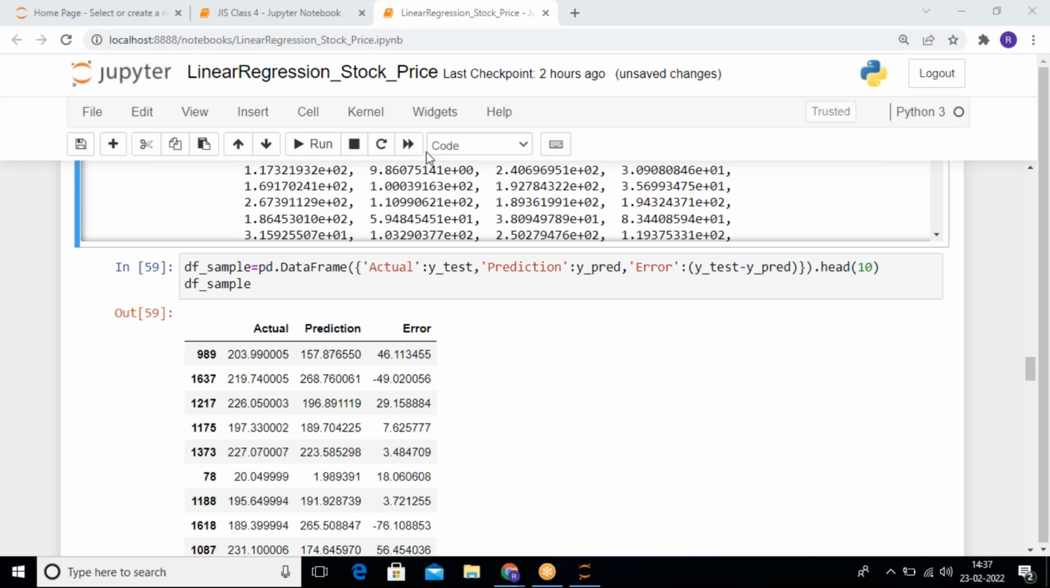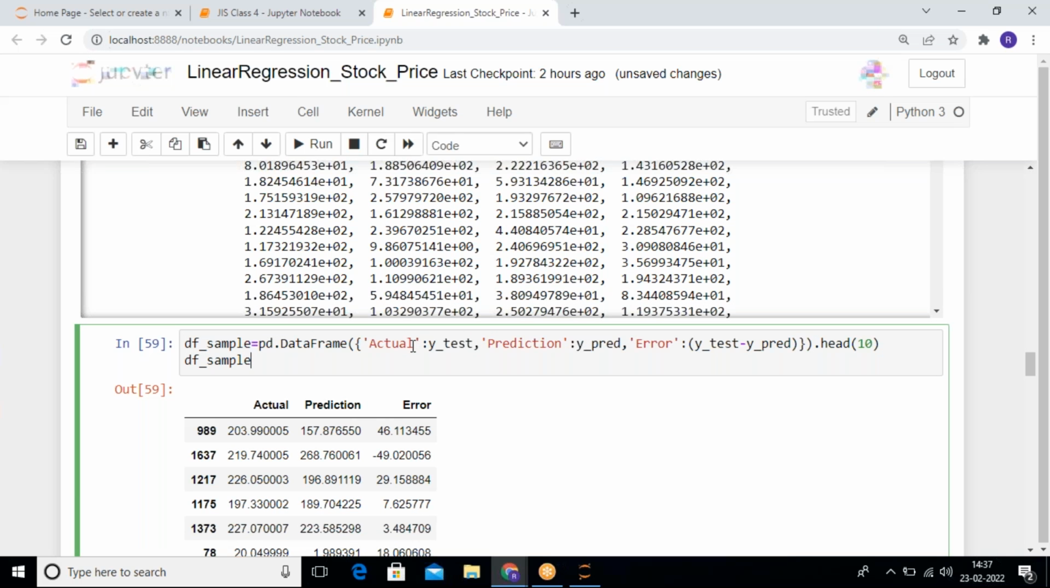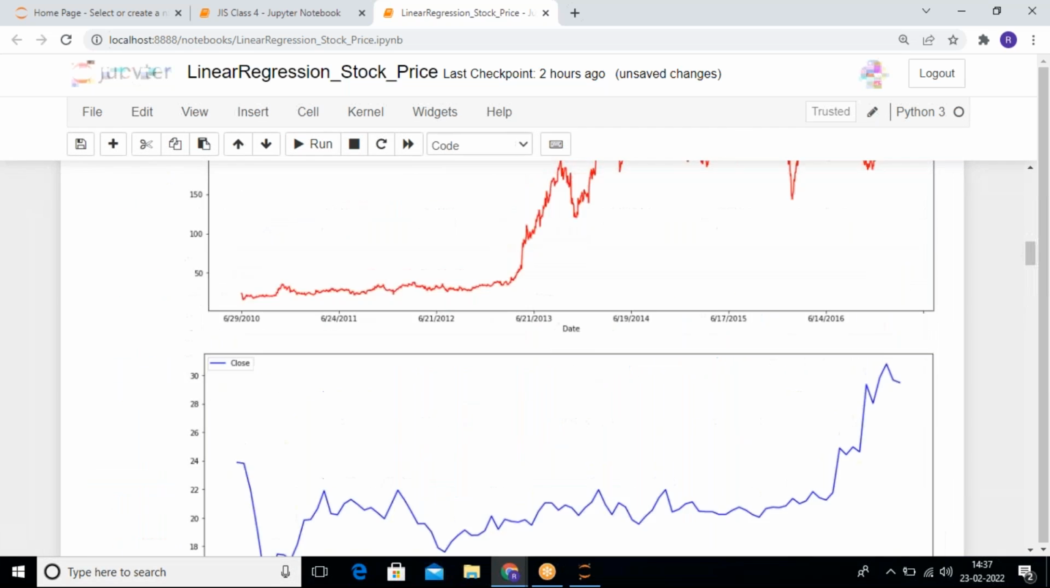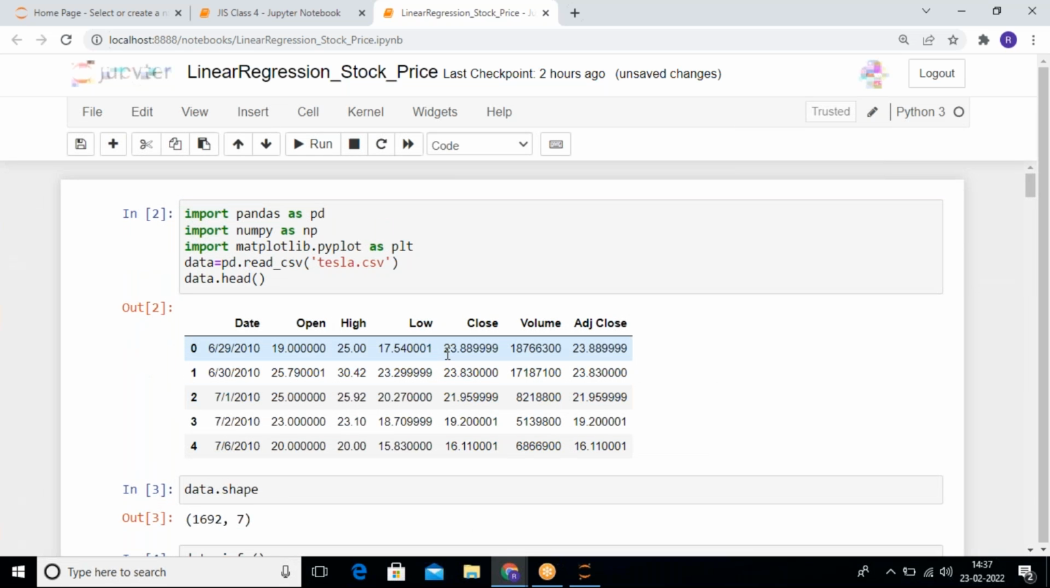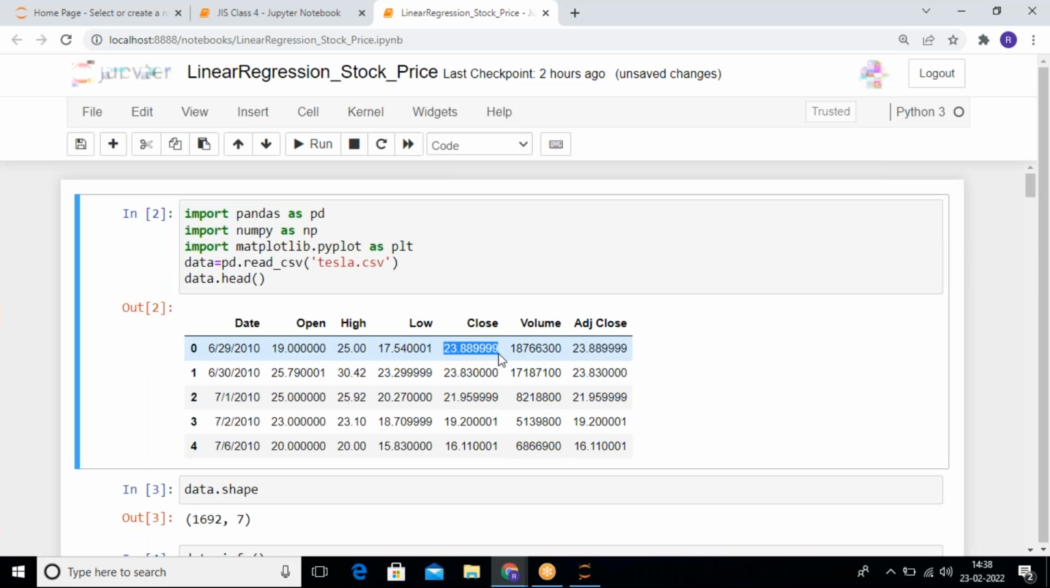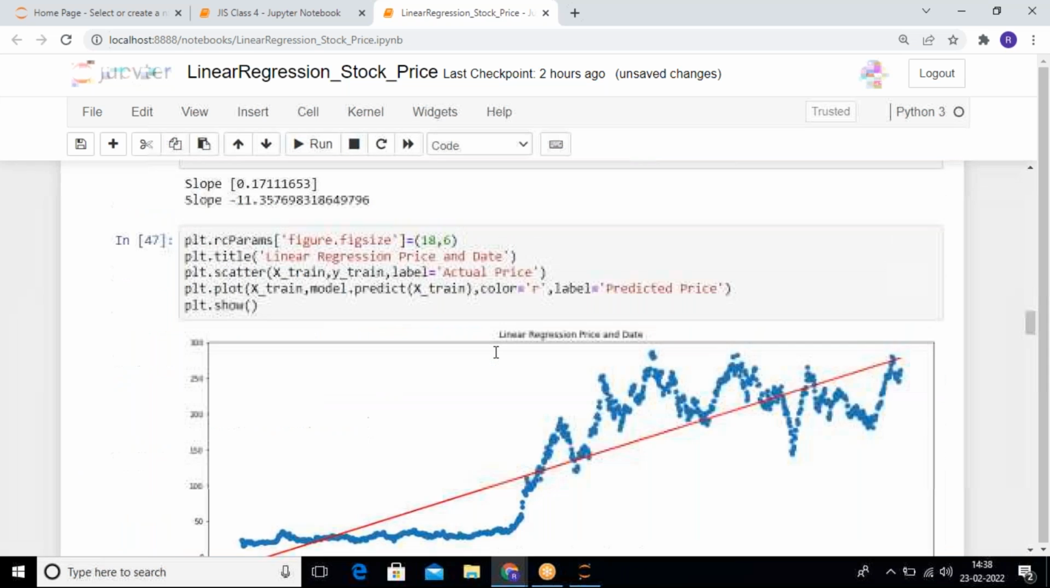Okay, actual and the predicted value. Actual is our y test and predicted is actually y pred. Okay, actual means the closing. What is actually the closing? Wait, 23. The closing is 23 ना, यहाँ पे हमारा